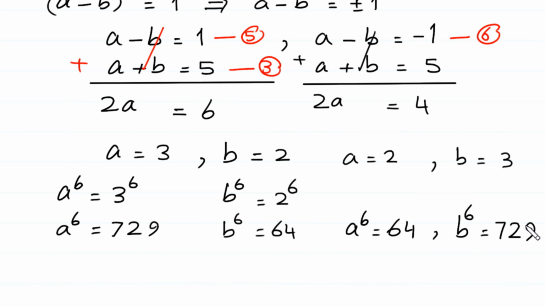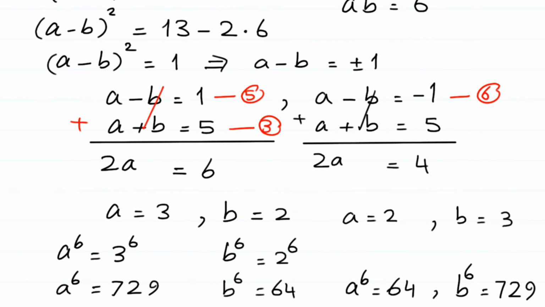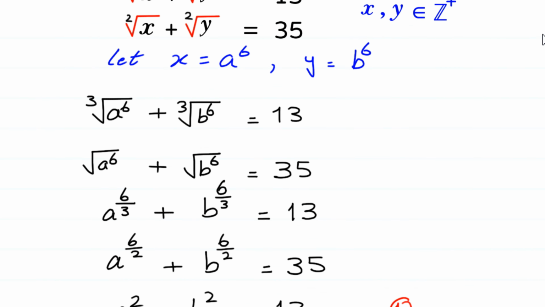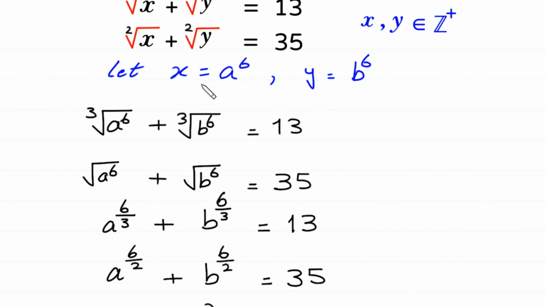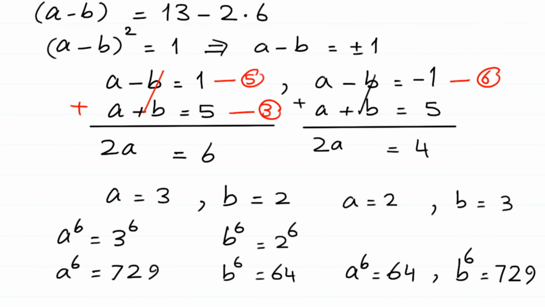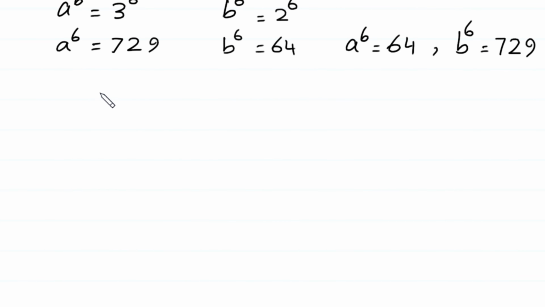Now recall that we have supposed x is equal to a to the power 6 and y is equal to b to the power 6. So from here, x is equal to a to the power 6 is 729,